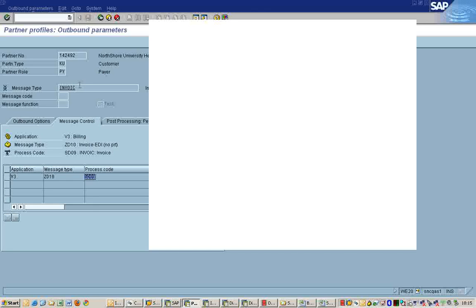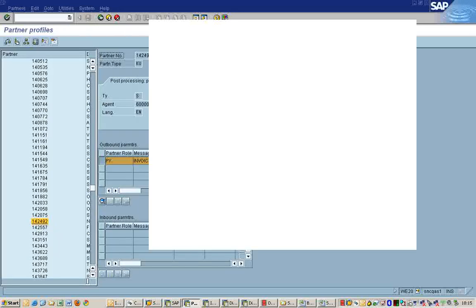We are just bothered about message type, partner number, partner function. Our responsibility ends there. So we should know what we are trying to send outside, whether it's an order or invoice or a delivery. So we need to know that as message type. The rest of all things are taken care of by the ABAPer.